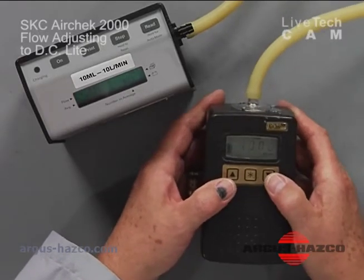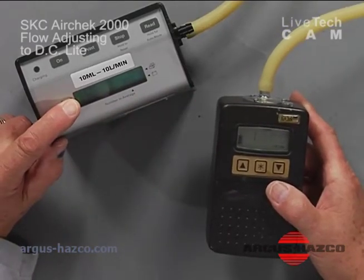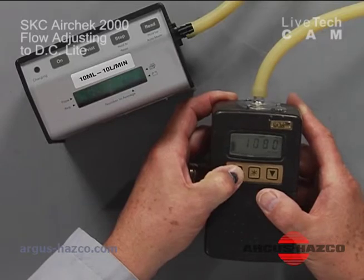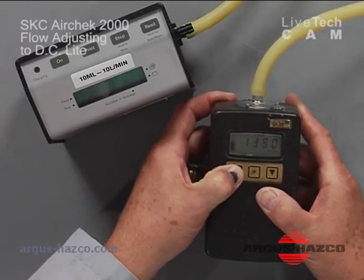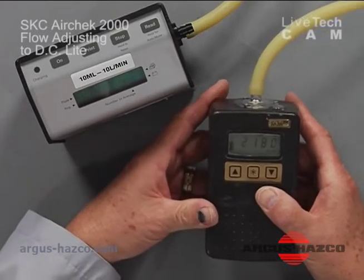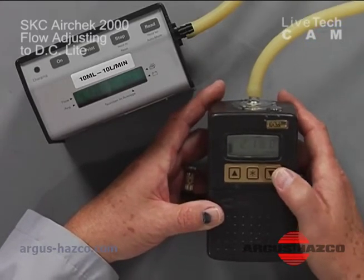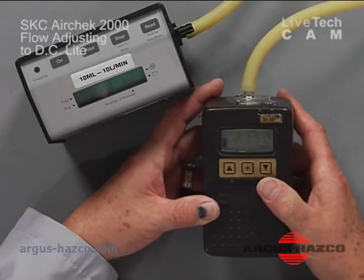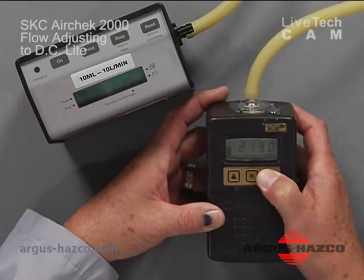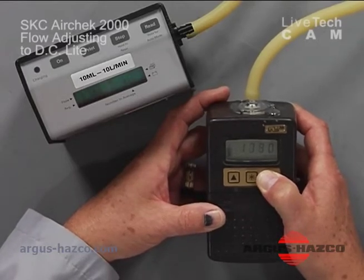You will now be able to use the up and down arrows to adjust the flow rate, which you can monitor on your DC Lite. For our purposes, we will raise the flow rate up to 2 liters, for instance, or whatever your desired sampling rate may be. Once you select your flow for whatever your particular sampling rate may be for your use,